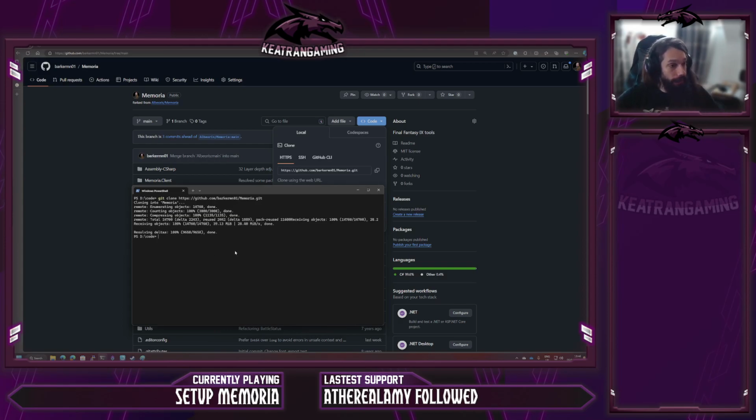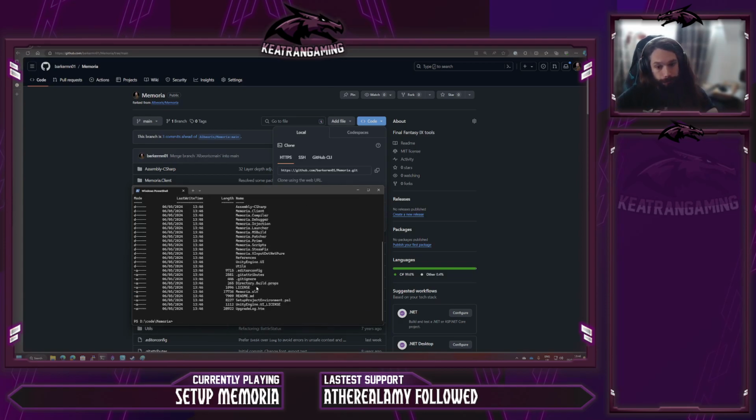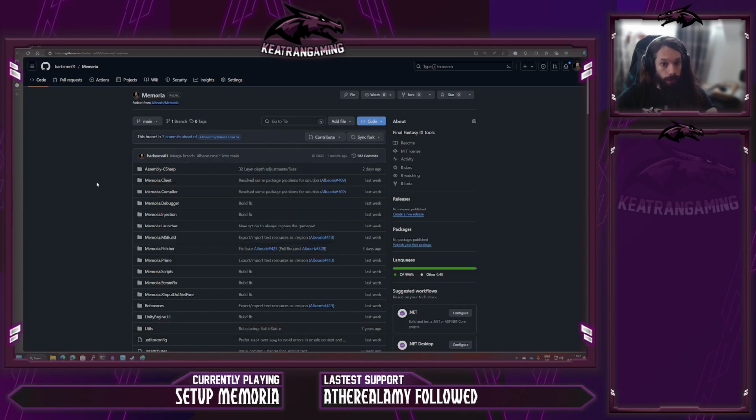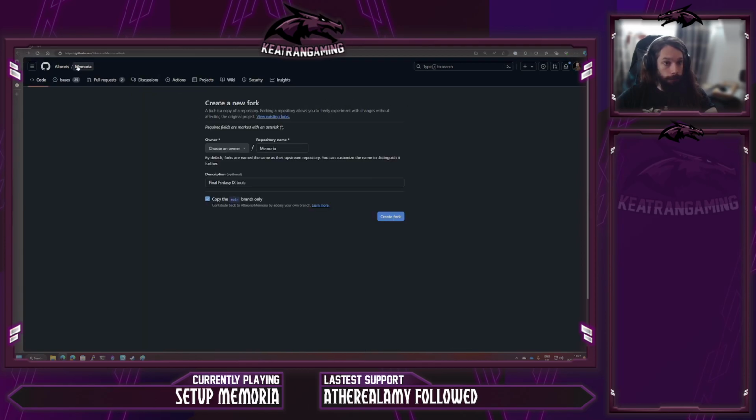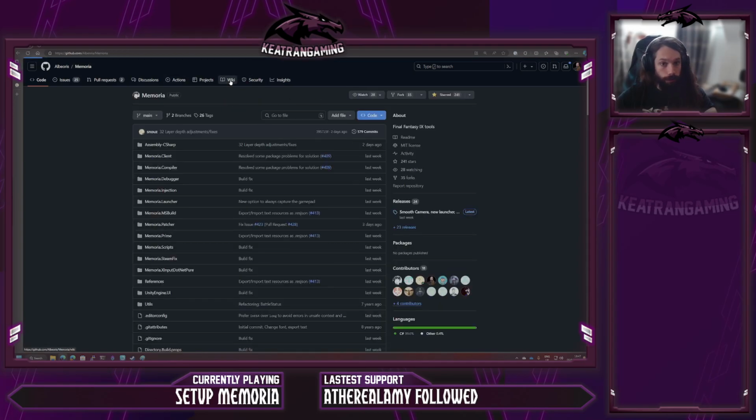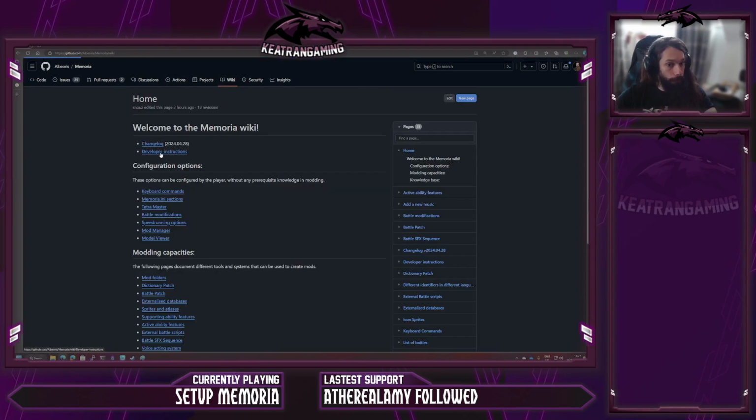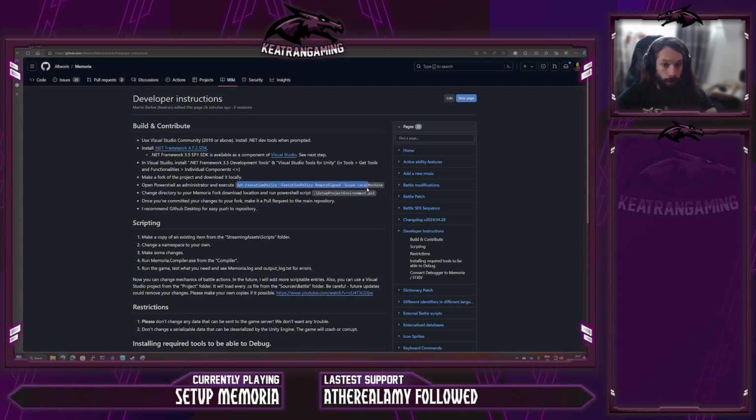So now that I've got the files, I'm going to change into the Memoria directory that I've just downloaded. If I do a dir to list, we'll see all the Memoria files. There's also this setup project environment PS1. So with this, I'm just going to quickly go back to the main Memoria branch. I'm going to go to the wiki, the developer instructions, and I'm going to copy this